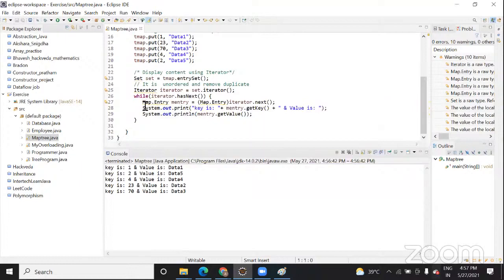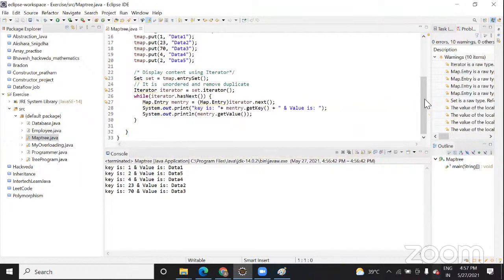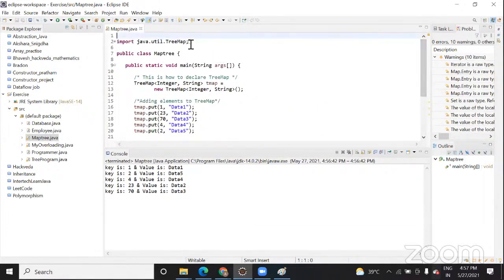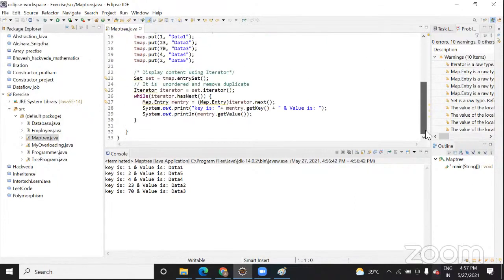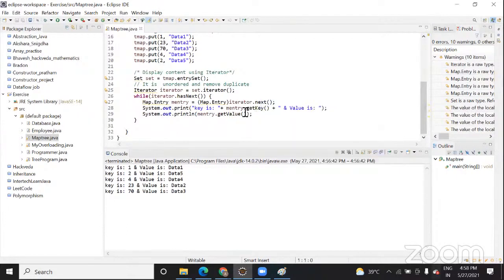You will come inside, and you will do Map.Entry. Map.Entry in the sense that, for this TreeMap, whatever data you have entered in that map, you will iterate over it, check whether the next element is there, and then print it.